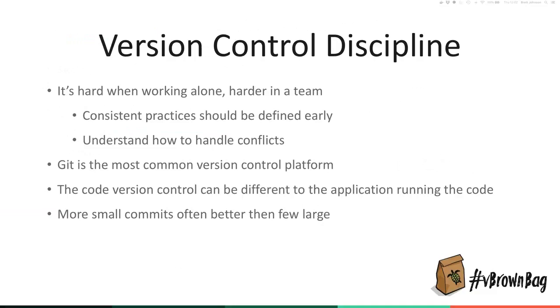Usually small commits are better than a few large ones, and the reason for this is if you make a mistake, you want to be able to see the difference between one mistake and another. You want to be able to see that, oh yeah, this was the line, not one line in this lot of 500 that changed it. And then you can get your commit comments a bit better scoped for what you're working on.